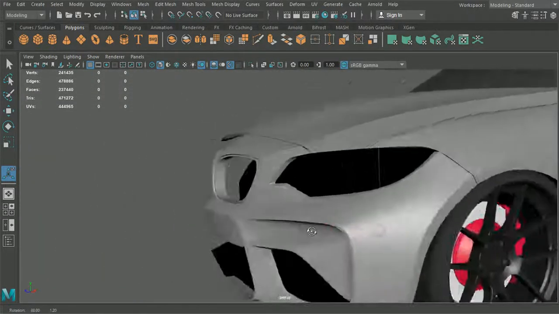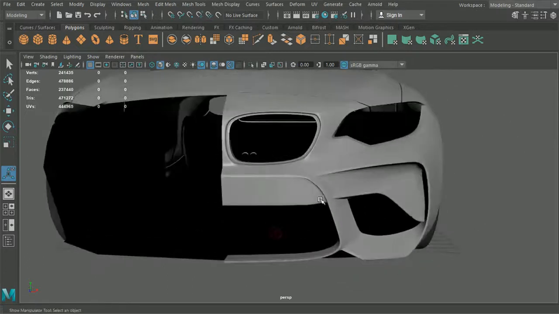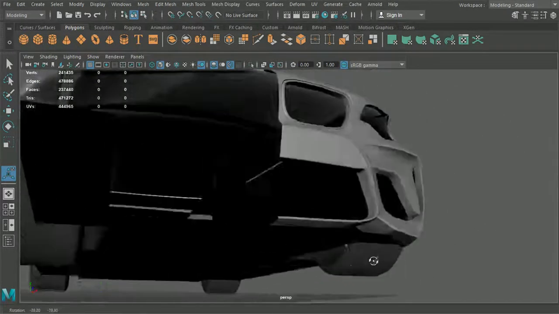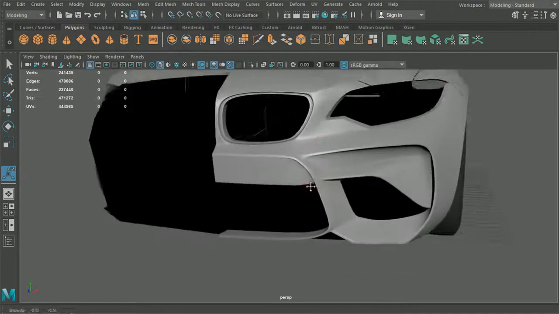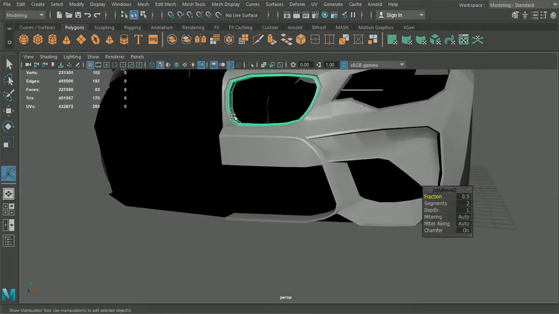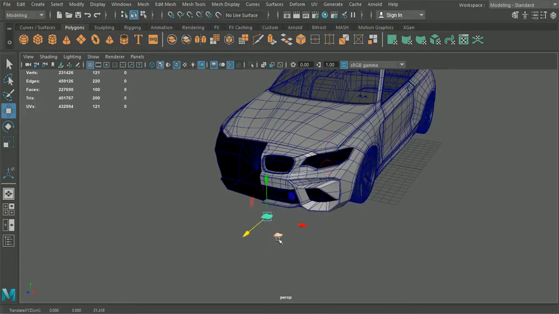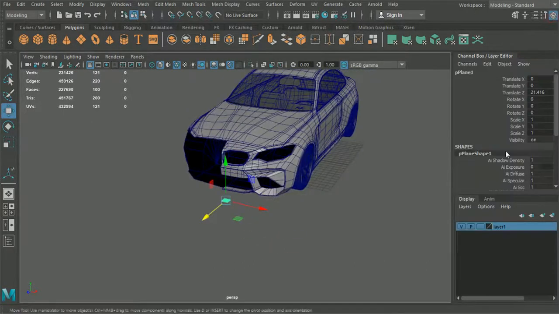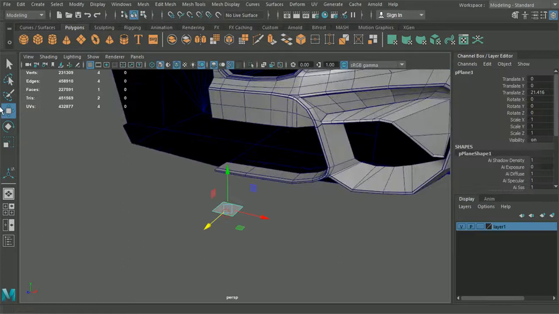We've got a chrome section in the middle. So for all of these subsequent pieces here, we're going to want to do the same thing. We're going to want to run around each of these edges. Some will be fine to extrude up, just like we have with the other elements, which we're not going to be able to do that with. We're simply going to want to create a new plane, and for this plane here, we'll pull it into the center, and we'll take away all of the extra subdivisions inside. So we've just got the one, and then we're just going to want to rotate it